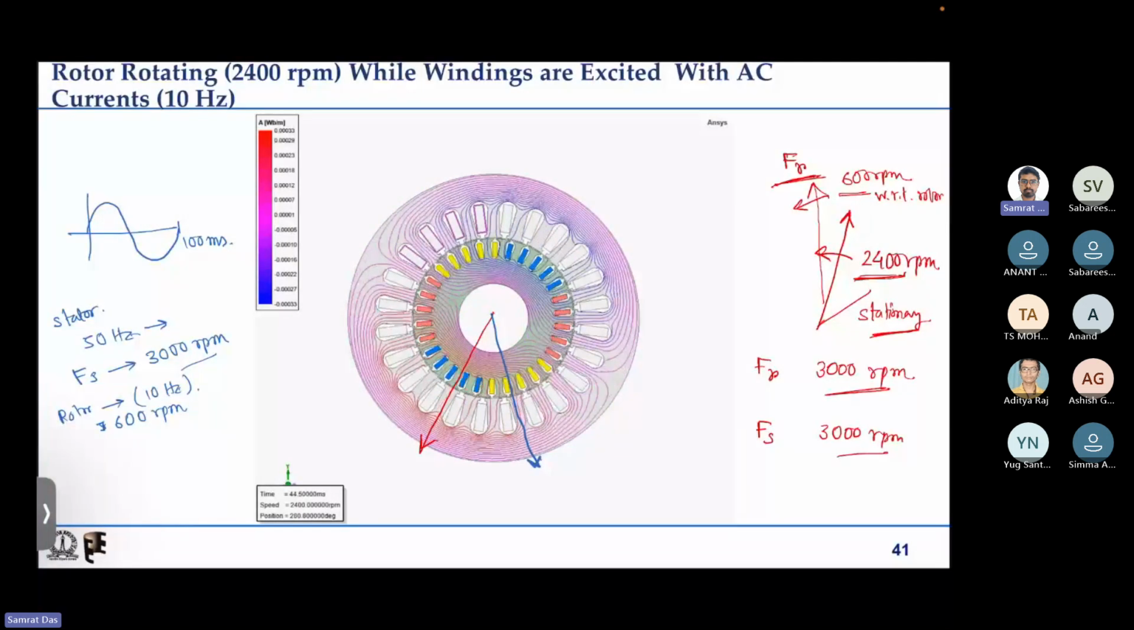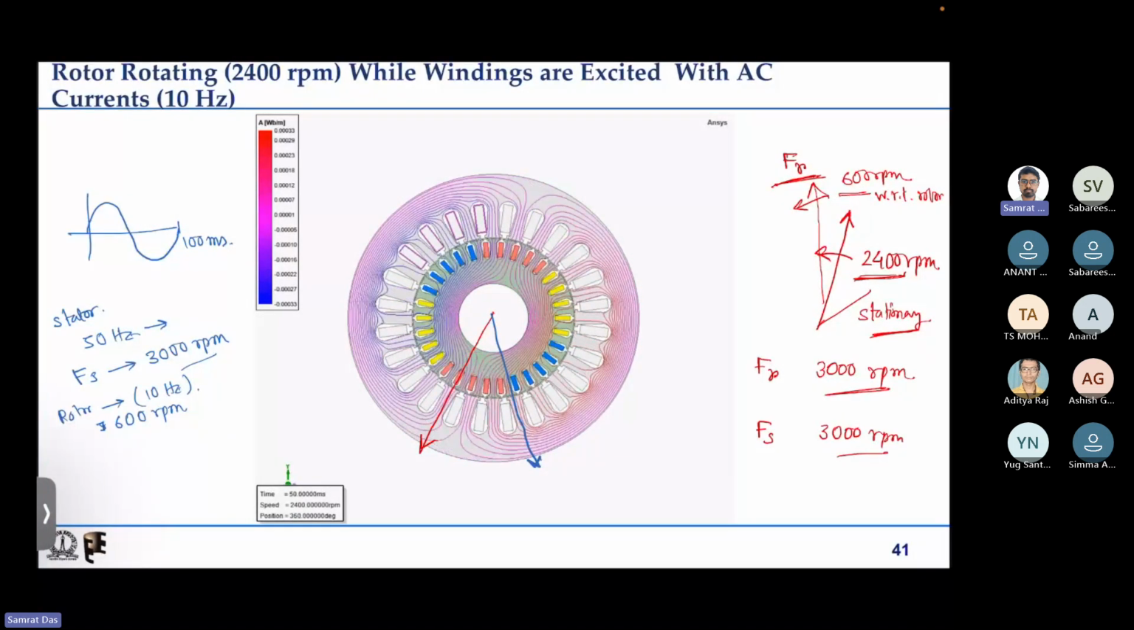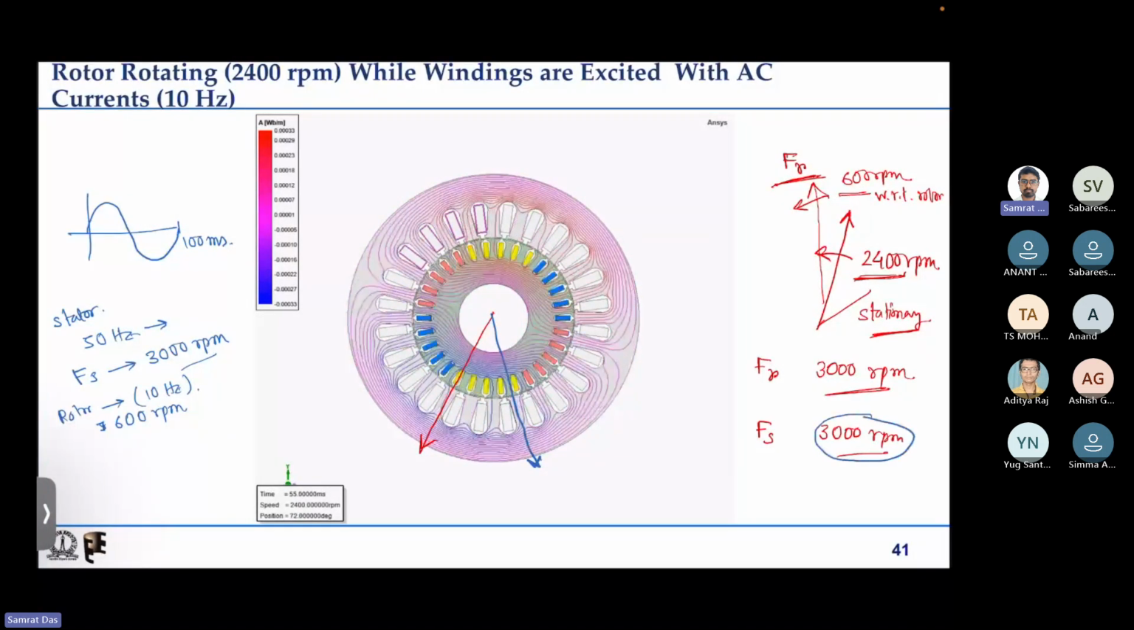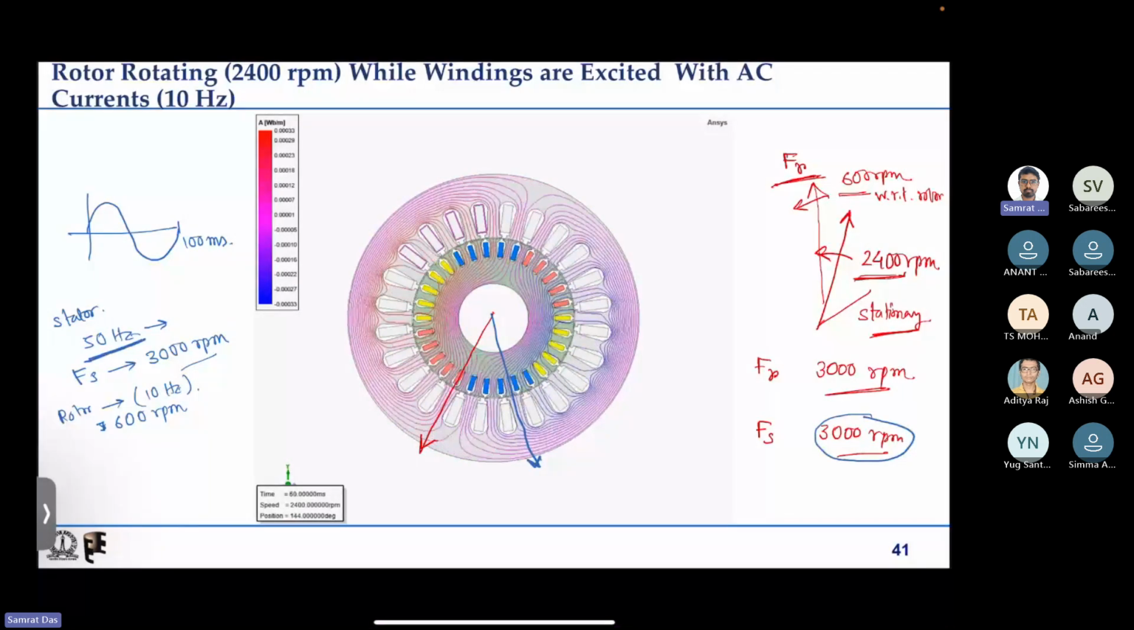I'm just coming up with some numbers. So finally my speed has to be 3000 rpm because my stator excitation is 50 hertz, right? So I can have any numbers. I can have 2000 plus 1000. I can have 2400 plus 600. I can have 2800 plus 200. All these are possibilities. I am just taking an example of some random numbers, say 10 hertz and 2400 rpm,